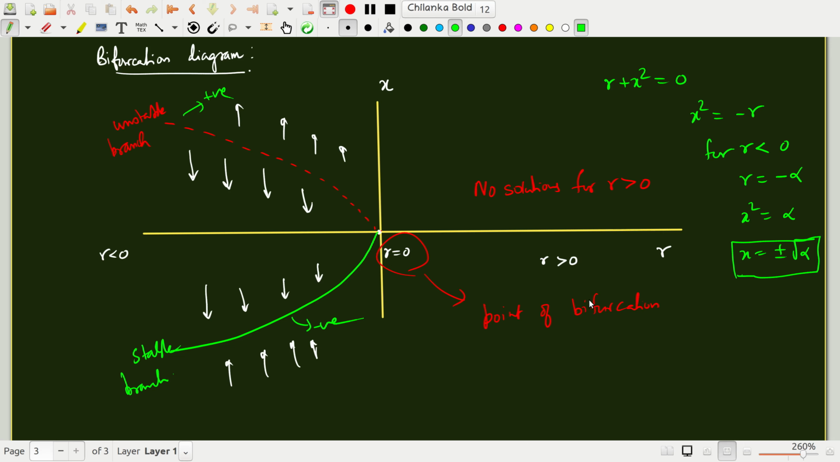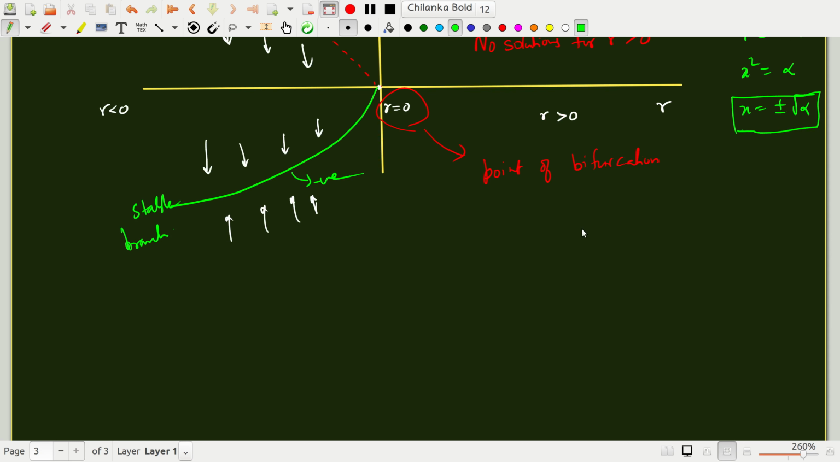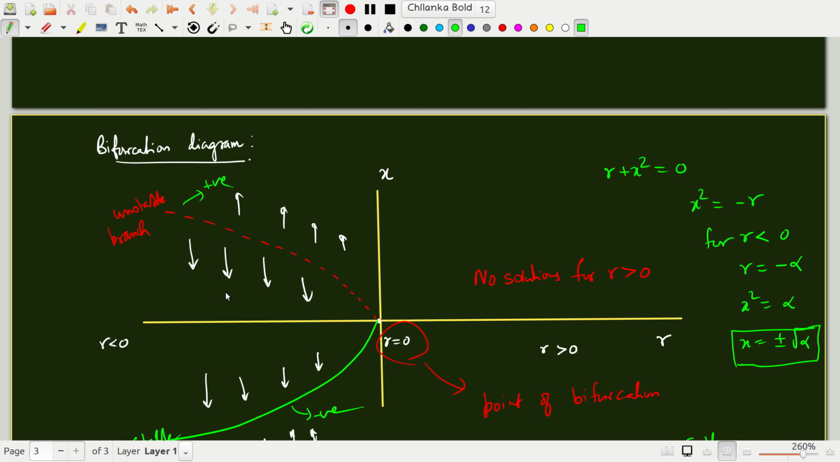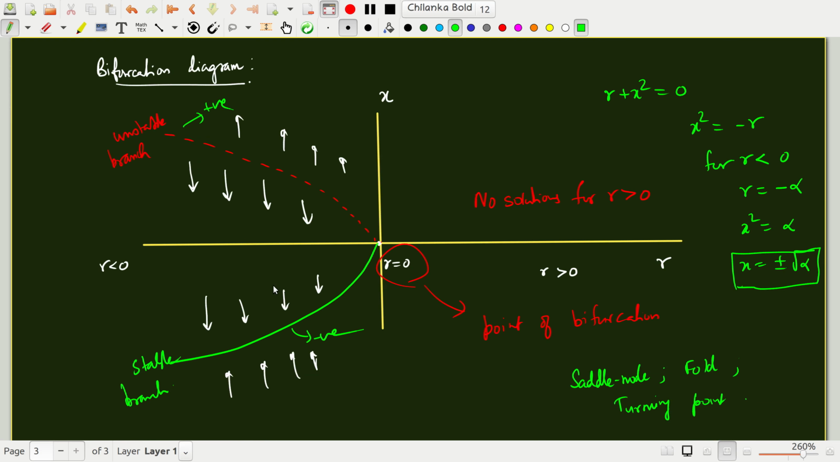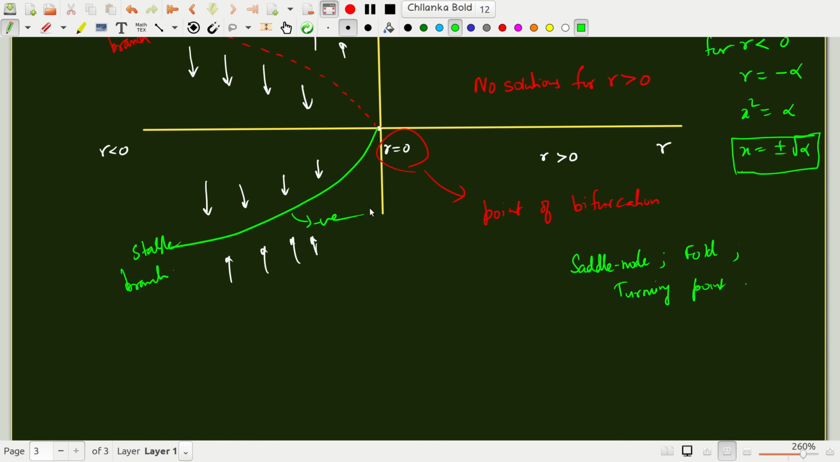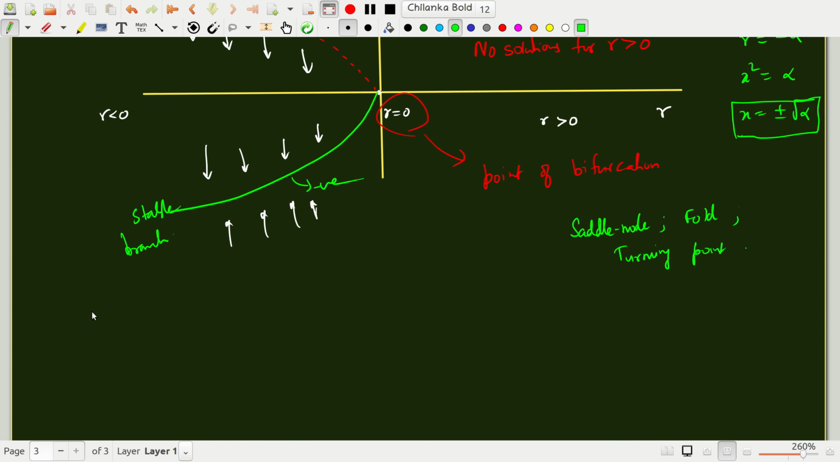There are other names for this bifurcation. This is called a saddle node, or it is also known as the fold bifurcation, or the turning point bifurcation. These are just names that you have to be aware of, but most importantly you should understand what is happening in this bifurcation: new solutions emerge as the parameter is varied. You can also write the model equation for a saddle node bifurcation